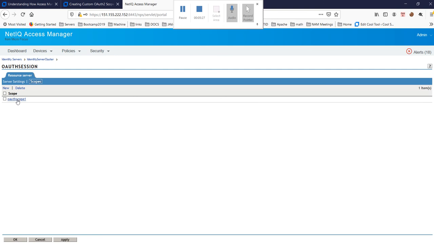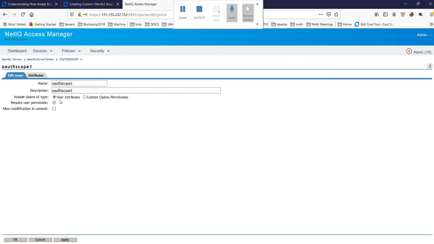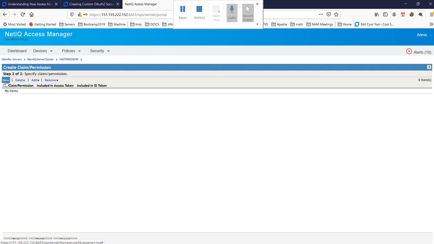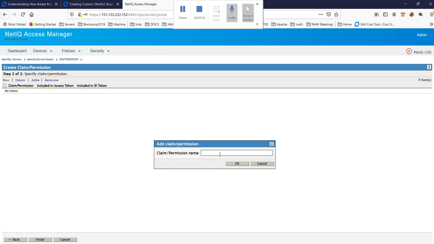Okay. So here we have created one OAuth scope which is using the user attribute. Another scope which we will create with the claims. Let's call it custom claim permission, keep this default, next. And here you can create the claim. Claim is just the names or the permission name. So you can write something like OAuth read,